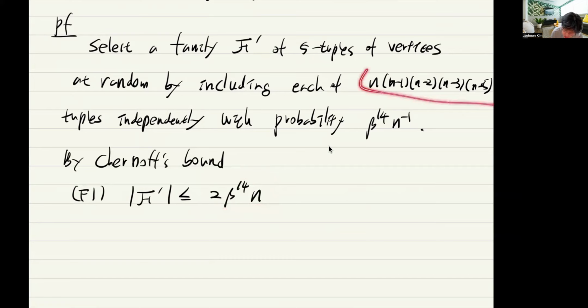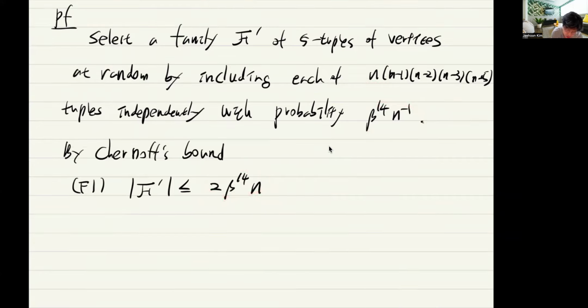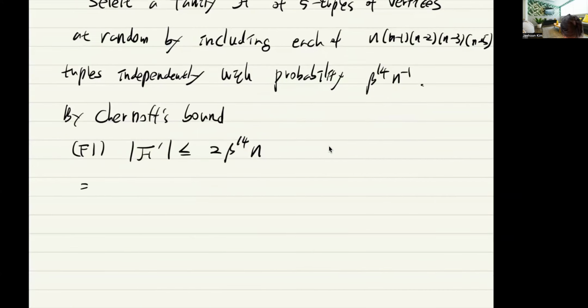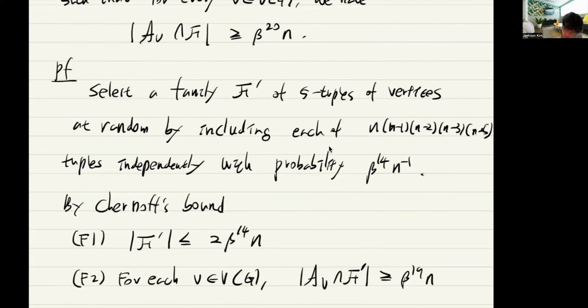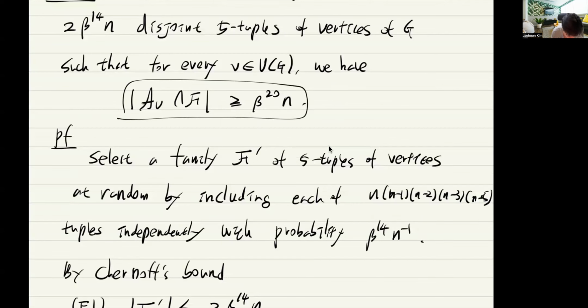If you just multiply these two, that's the expectation, so it is almost twice of this. And we know that for each v, we have that this is at least β^19 n. Why? So this has